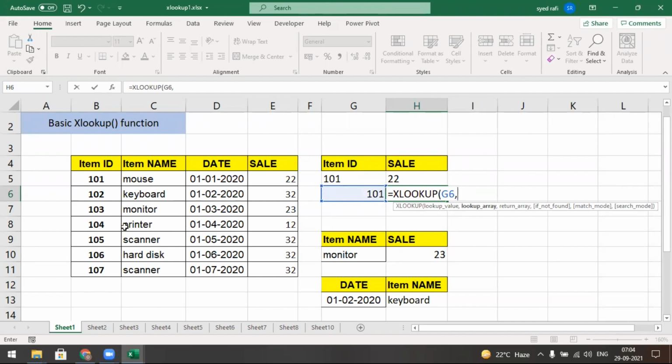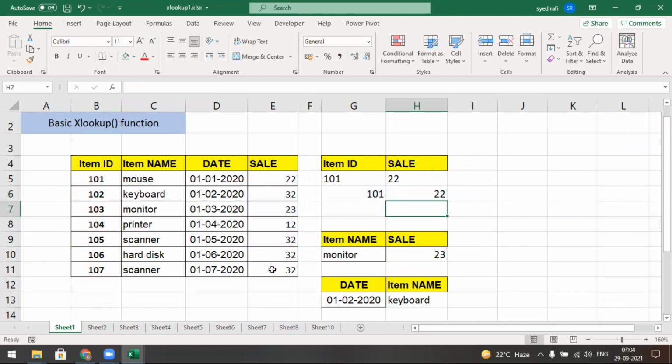In this, you must concentrate here. It is totally different from VLOOKUP. So lookup array, I want to look up in this region only. I want to select only this region, I want to search in this region only, and put a comma. Return array. I want to get the cells. That's why I select the return array, meaning I want to get this one only, and press enter. Now you get this answer.